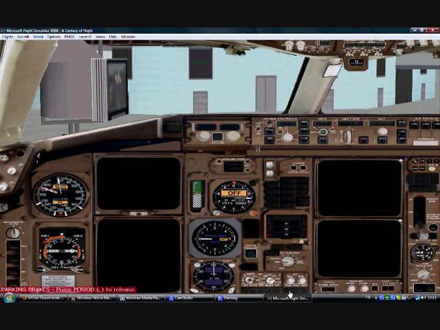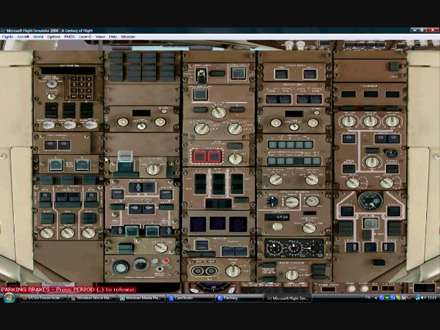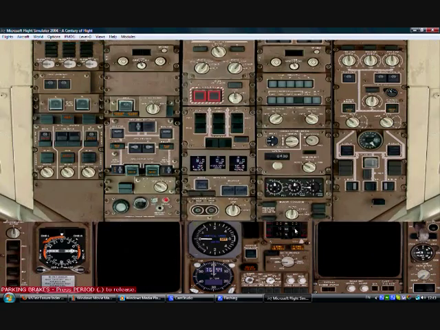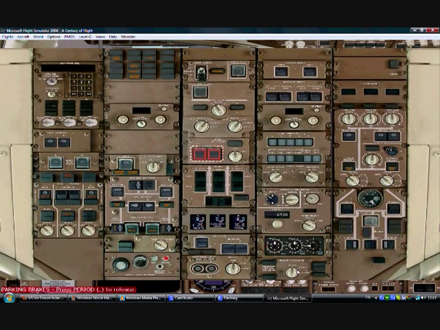Okay, the first item on the checklist to get the airplane powered up is to turn on the battery, obviously. That's on the overhead panel and it's right here. You press that, a few lights come on the panel itself. Then you have several options to